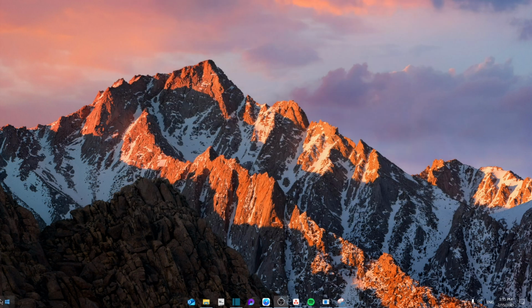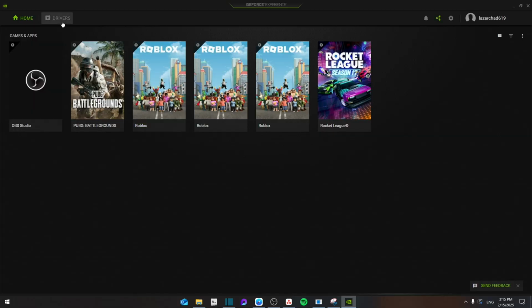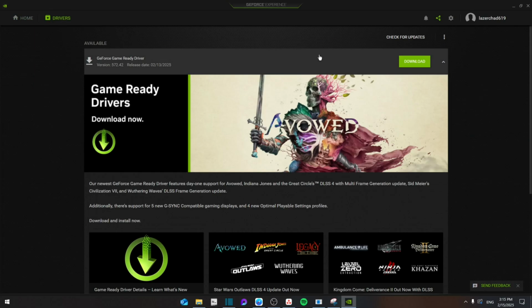After that, you're going to go back once more to your GeForce Experience. And then finally, go to the drivers and make sure that it's updated to the latest version. As you can see right here, there's a newer version, so I can just simply click download or